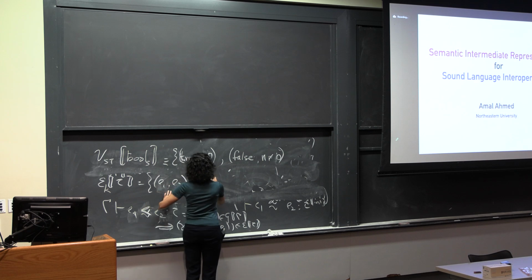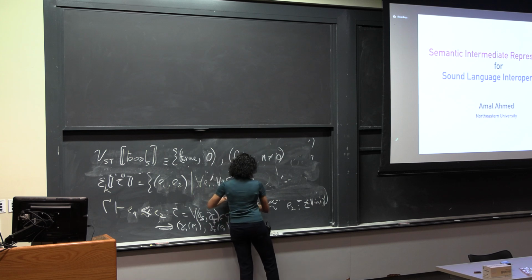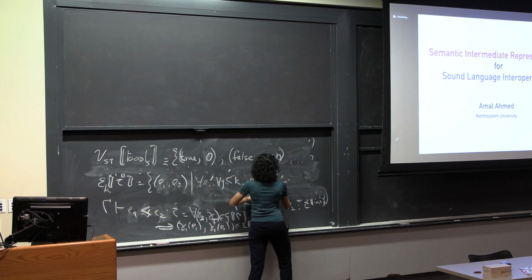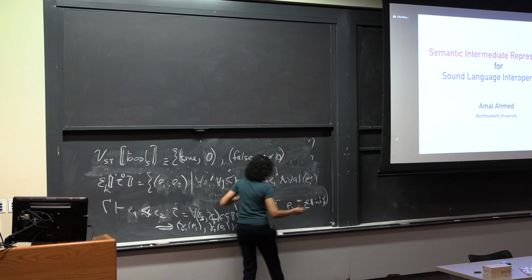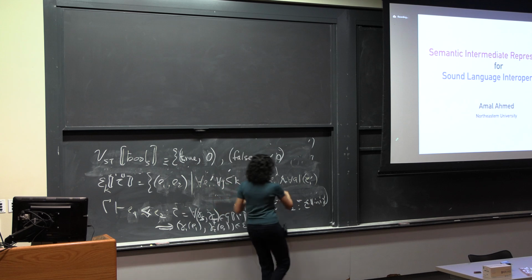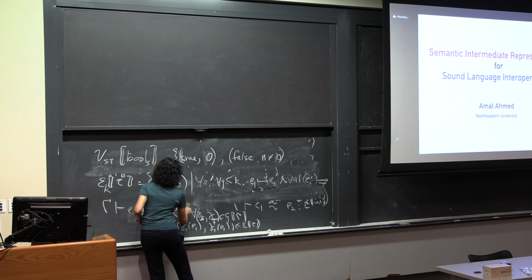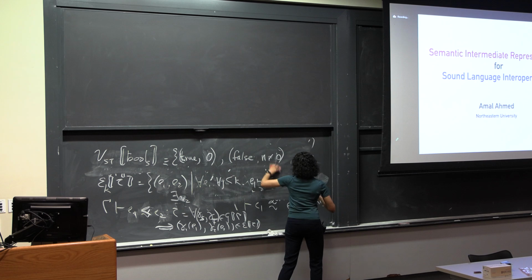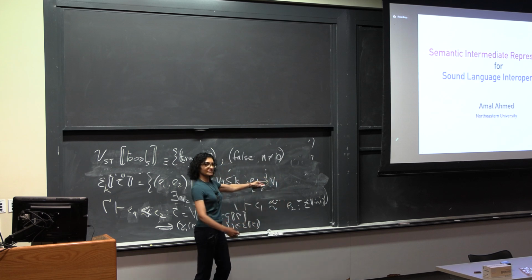Okay, so E1 is related to E2. You basically say, for all E1 prime, such that, and for all j less than k, which is what we were doing yesterday, if E1 reduces to E1 prime in j steps, and here I'm not going to say irreducible. I'm just going to say value, because I'm assuming that they're well-typed. Tiny distinction, but they're well-typed. Or you can say irreducible. It basically amounts to the same thing. Then there exists an E. In fact, I won't even write E2 prime because I know it's going to be a value. There exists a V2. Why don't I just write this as V2? Make my life easier. So for all V1, such that E1 reduces to V1 in j steps,